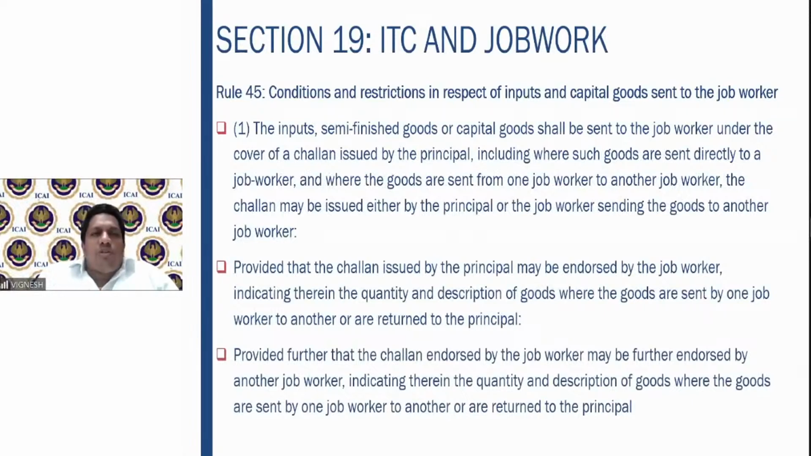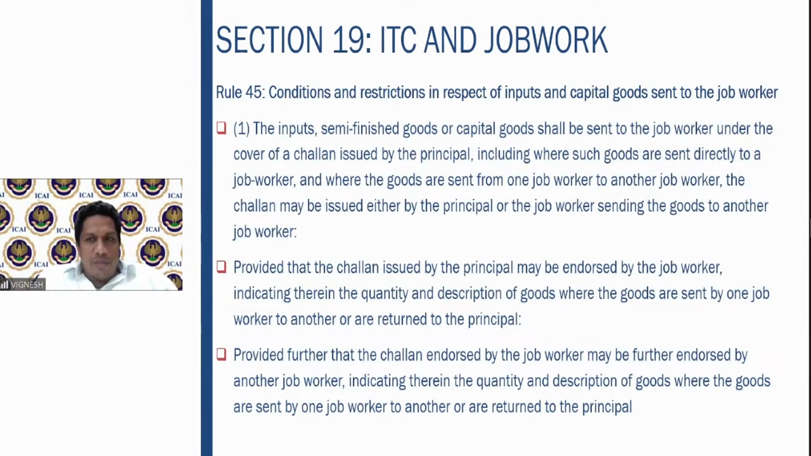Now, these are the rules which are there for job work. What are the conditions and restrictions? What are the returns that are supposed to be filed by the job worker or the principal employer? This is covered in this particular rule. Rule 45 covers all of this. Under Rule 45 sub-rule 1, the inputs, semi-finished goods or capital goods will be sent under cover of a challan,